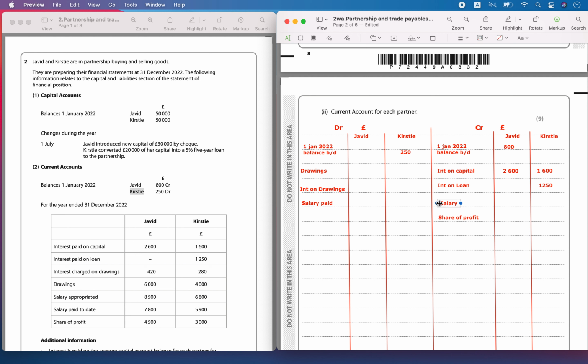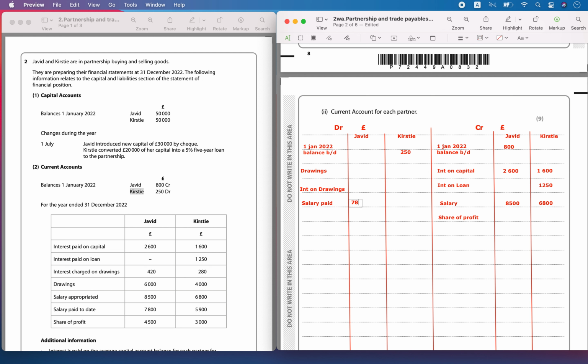Then you have the salaries appropriated. The salary that has to be given is 8,500 and 6,800. But the actual salary paid till date was 7,800